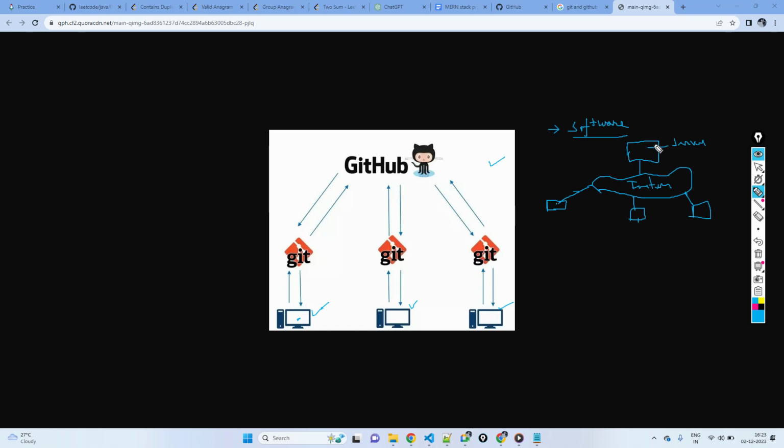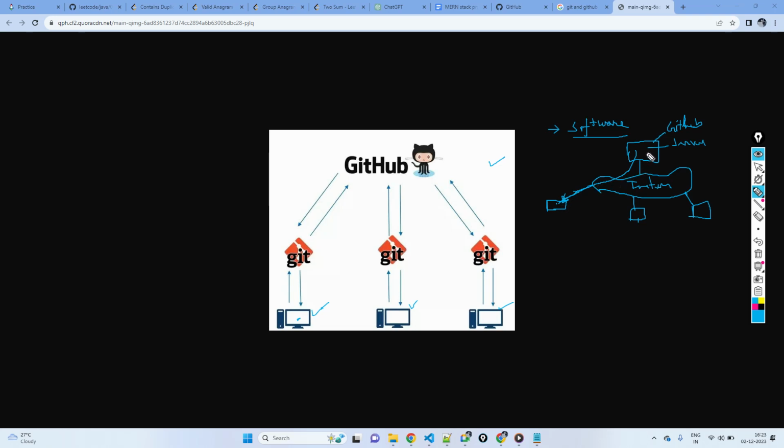You put the code in a common server, that is GitHub. This is a server where you host your code. It's a code repository. And we cannot change the code in the code repository. You cannot go and change the code here. What you have to do is download the code to your machine, make changes to the code, run the code, and once the code is running properly, the changes alone you have to push to the